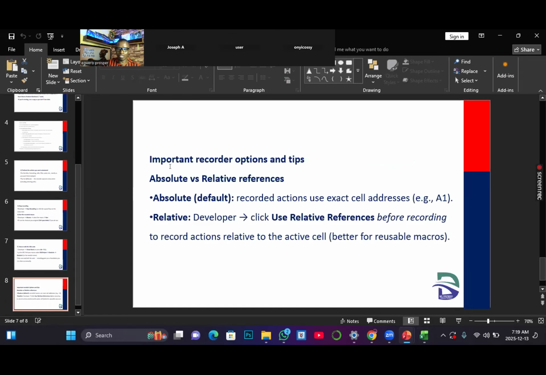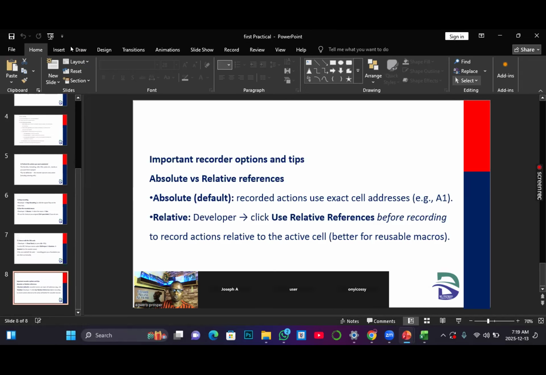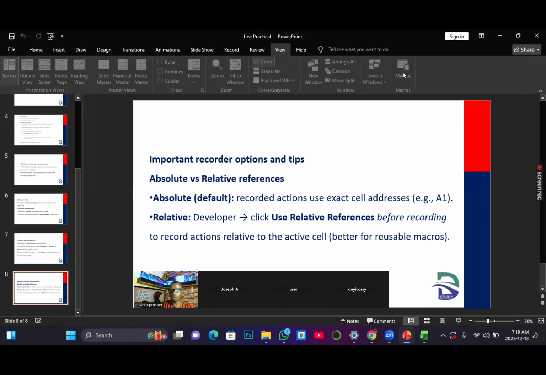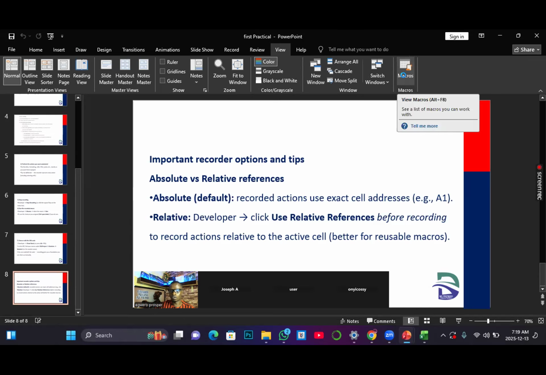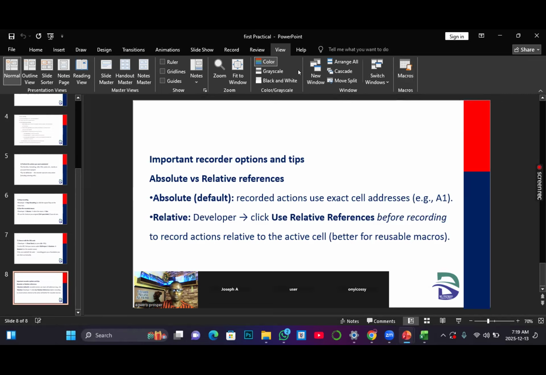I want to look at this one. We have also covered it, the record option, where I talk about the absolute default. That is why if you do not click on that second option, it means you are using absolute. What do I mean? If I go to view now and I come to,